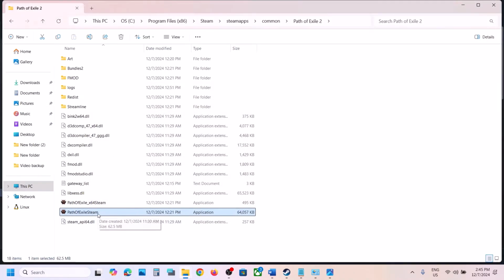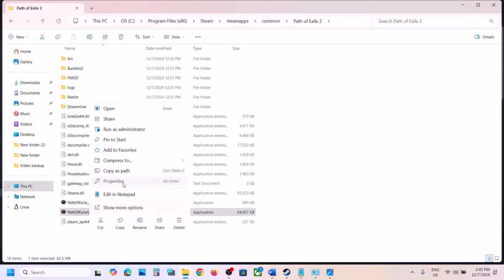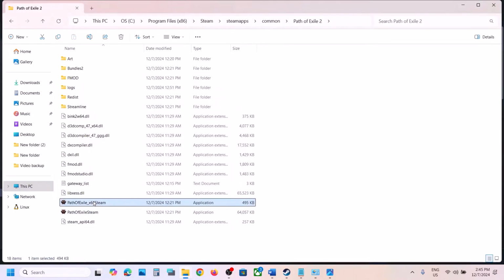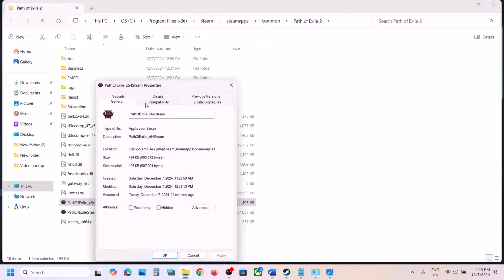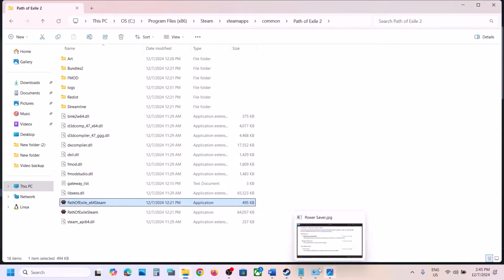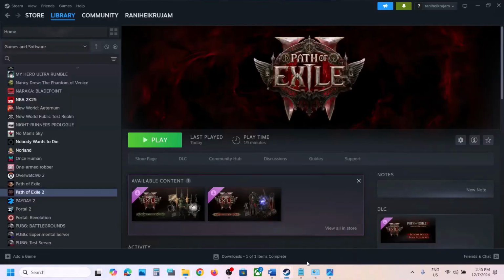make a double click, launch the game from here. So when you put a check on all these boxes, still not working, then in that case you can uncheck these boxes, hit apply, click on OK, make a right click, and then uncheck all these boxes, and then make sure that you hit apply, click on OK, and then follow the next step. Now the next step is to